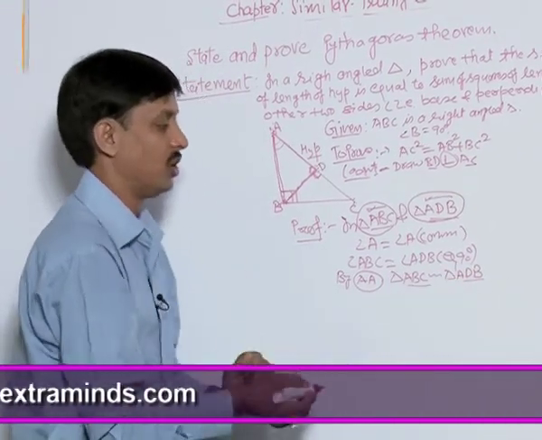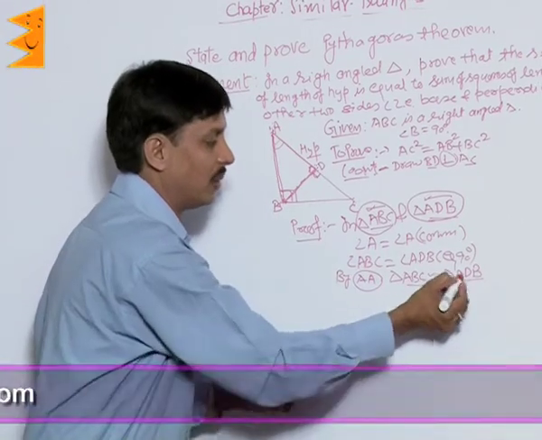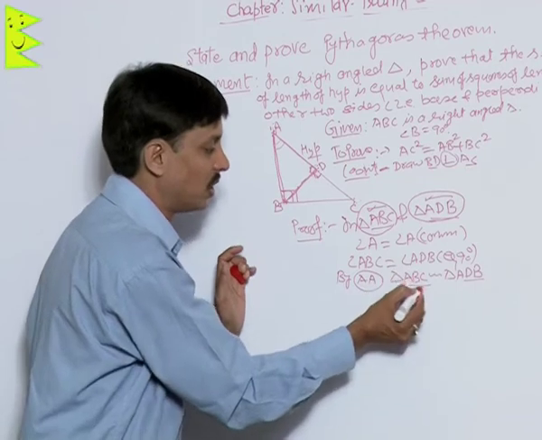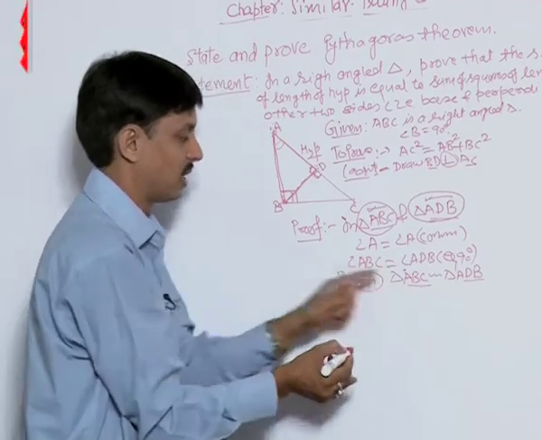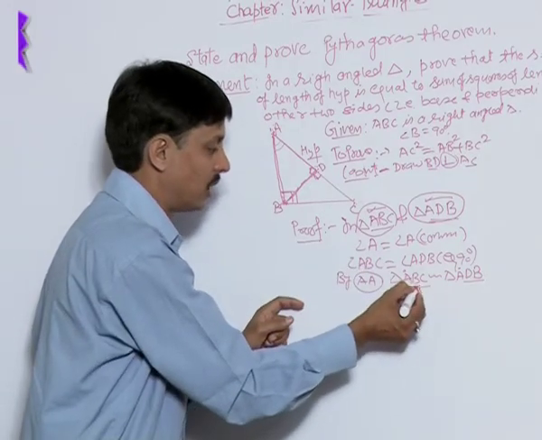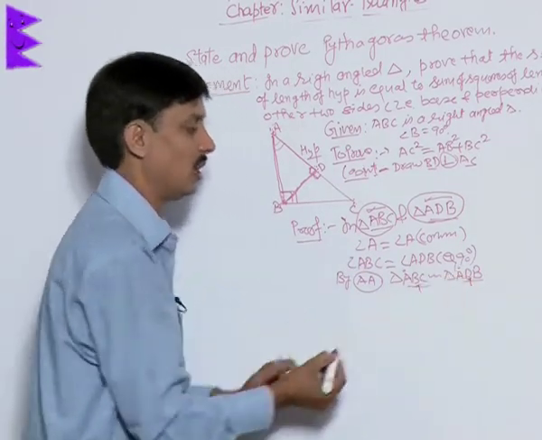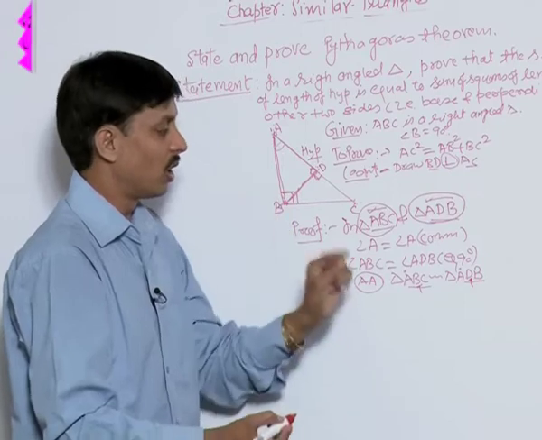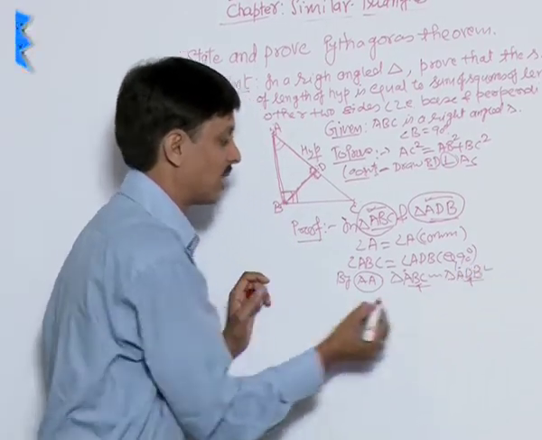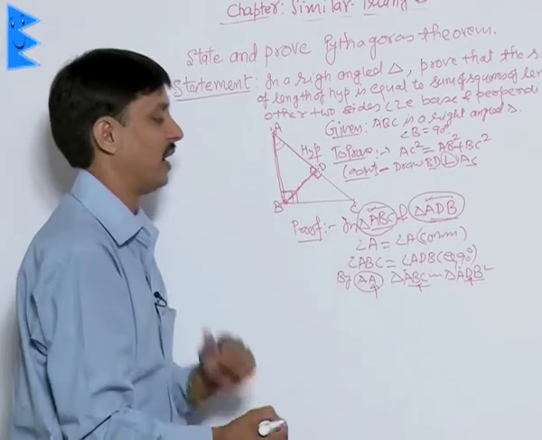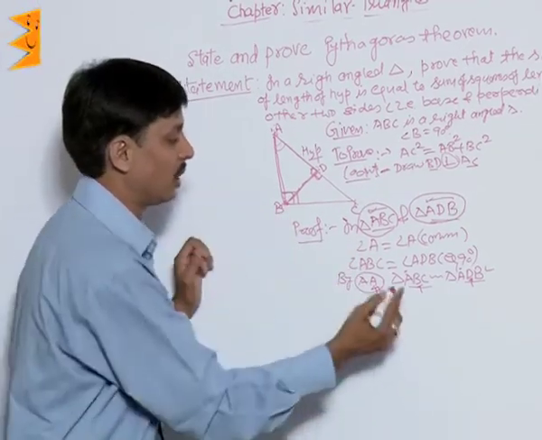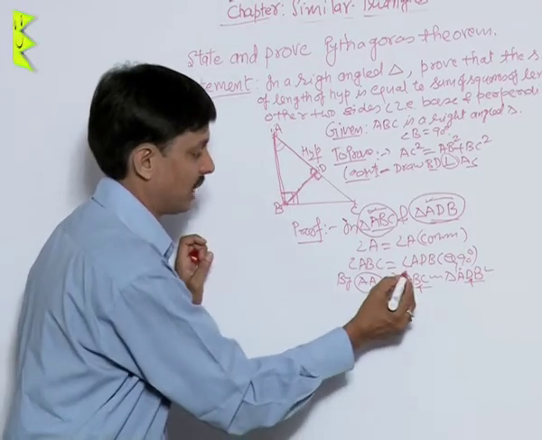You cannot change it. You cannot say it is ADB or BDA or BAD. Not like this. It is ABC because on the first vertex is angle A, on the first vertex here angle A. Same. On the second here 90, on the second here 90. So in order to make that, the proper order must be matched. If these two triangles are similar as proved by the double A criteria, then their sides need to be equal in ratio.